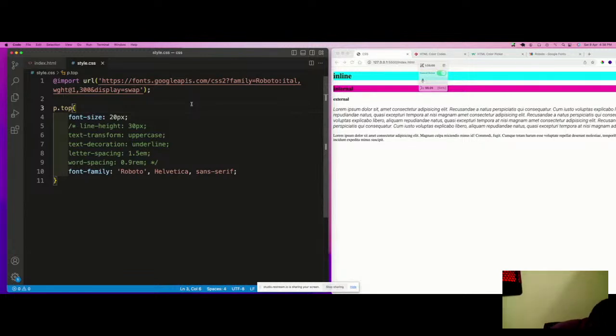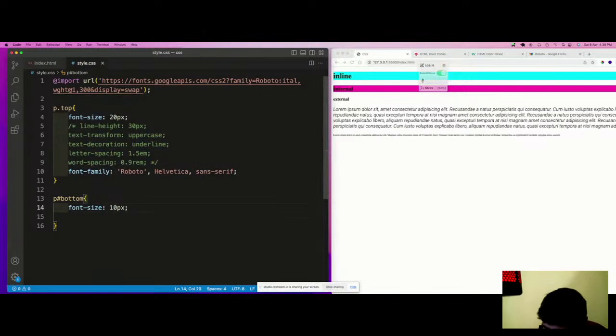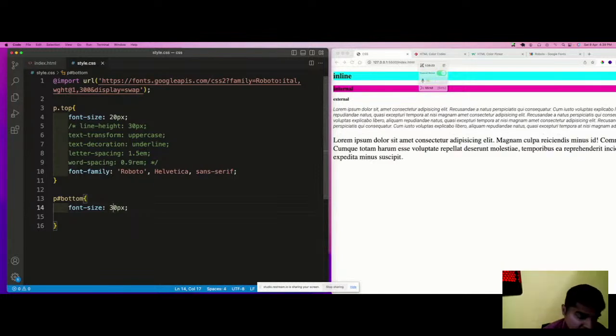Now for the second one, we use p hash bottom. We'll use a font size of, let's say, 10px. 10px is again very small, let's say 30px. So that is how it goes.